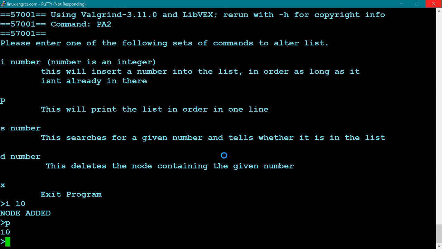So gdb PA2. All right, we think the problem's inside delete. So I'm going to put a breakpoint at delete. I'm just going to say break delete. See what's going on. So I hit my breakpoint, and it says I'm at line 10. I'm about to give a value to the variable temp.